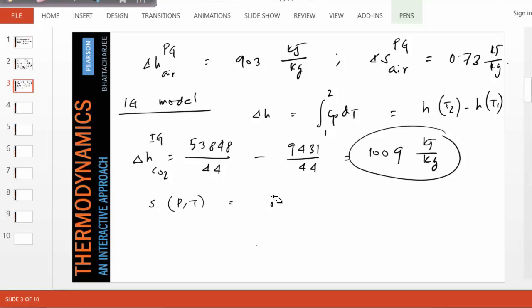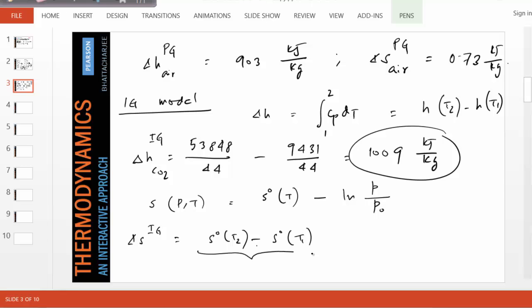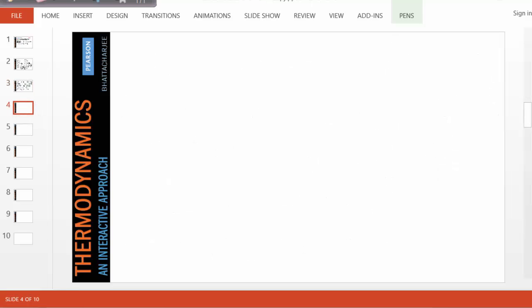has one component which depends on temperature alone, another component that depends on the pressure divided by the standard atmospheric pressure. So therefore, if we use this, what happens for delta S for the IG model is S0 T2 minus S0 T1. This is the temperature dependence of entropy, and this is the pressure dependence of entropy. And this can be picked up from the ideal gas table. So if I continue, I can write that as delta S